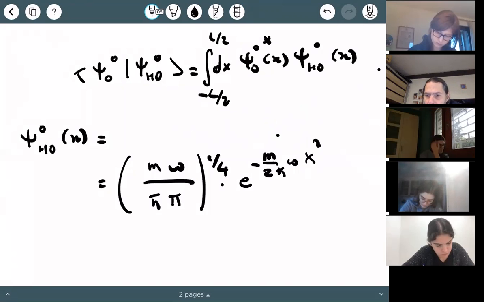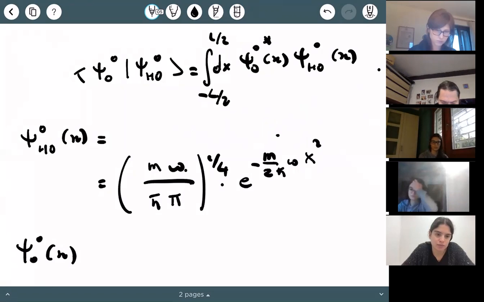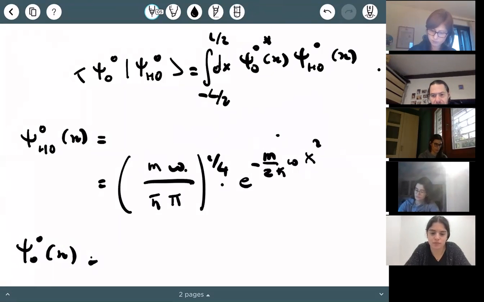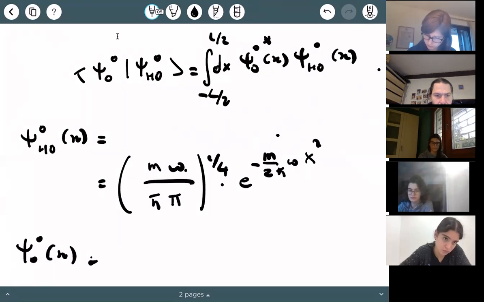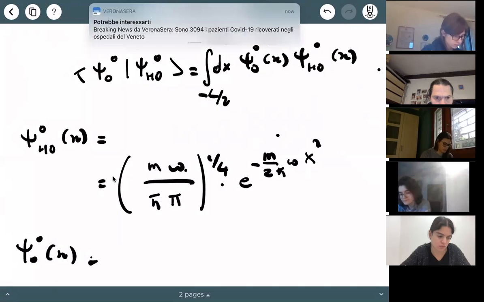Okay, you guys are frozen. Oh no, okay, you're moving again. Now I need the wave function of the ground state for the square box, right? Now, if I look at it, I get